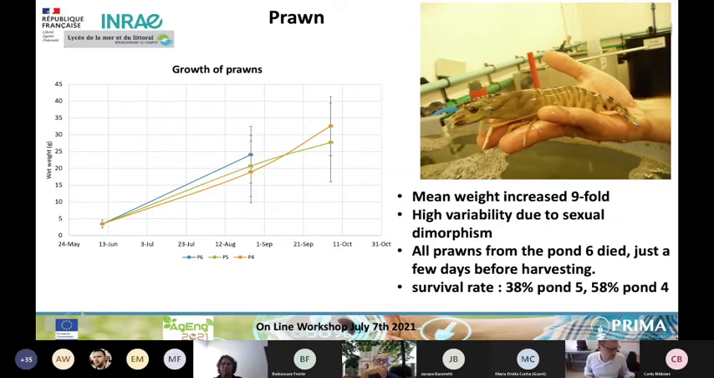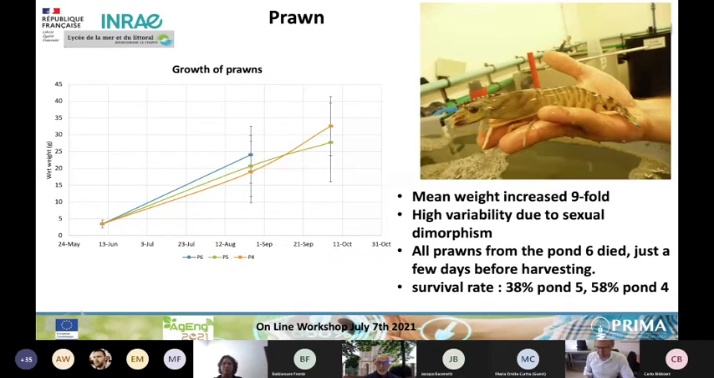Unfortunately, all the prawns from pond number 6 died just a few days before harvesting due to an unexpected climate event. But the survival rate of around 38% in pond number 5 and 58% in pond number 4 was considered as correct. So good growth and correct survival rate, except for the pond which